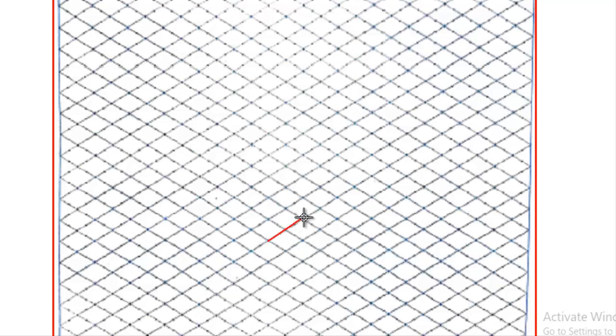line, 1 2 3 4 5, and again 1 2 3 4 5, then again here 5, and then 5. Like this, construct the frame, and then go to the bottom corner and draw the line to the opposite edge midpoint. 5 means 2.5, so you have to count 2.5 boxes and draw the line from the same corner to one more opposite edge midpoint, like this. And then from the top corner we need to draw the line to the bottom edge midpoint, and in the same way here also we can draw to the bottom edge midpoint. Like this we have to draw the 4 midpoint lines from top